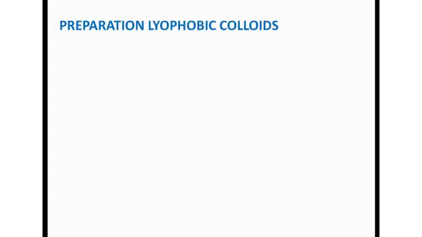Now how are you going to make the lyophobic colloids? First of all, reduce the particle size of the coarse particles. Suppose you have a coarse dispersion and you want to make it a colloid, then what are we going to do? Just go top down. Coarse particles have a bigger size, so break the size of the particle, top to down, and it will get converted into colloids. The coarse dispersion gets converted into colloidal dispersion by reducing the particle size of the coarse particle, right?